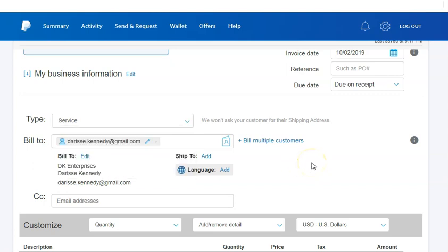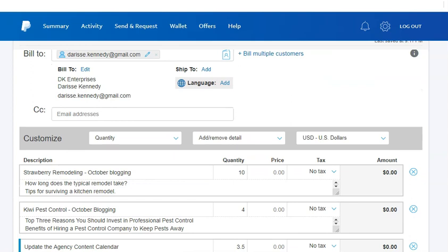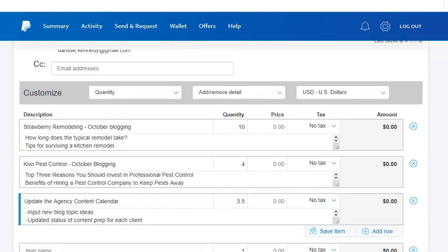When you do the bill to, you put in the email address of the person you're sending the bill to, and if you save them, you can also add in some more detail. I'm sending this invoice to the fictitious DK Enterprises. Now, I did some work for strawberry remodeling, kiwi pest control, and I also updated the agency content calendar. In my opinion, you should be as detailed as possible in your invoice. That helps the client know exactly what work you did and what they're paying you for. And it also helps you keep good records of the work that you've done if you ever need to come